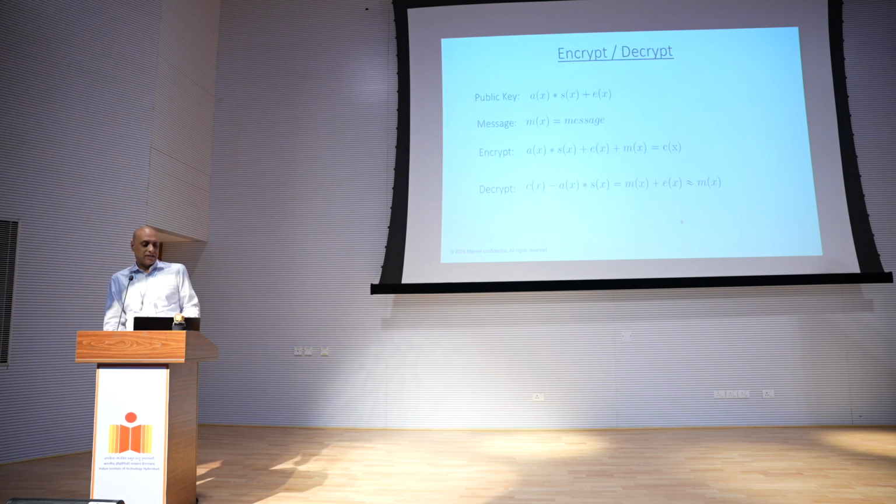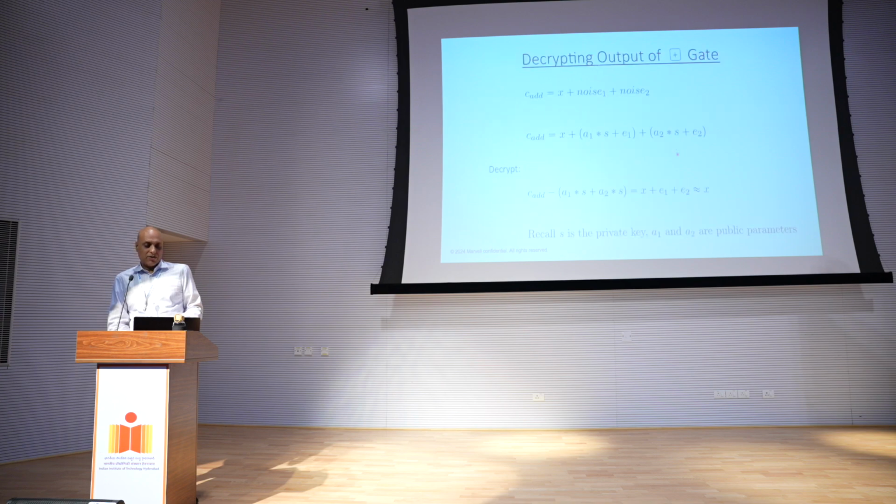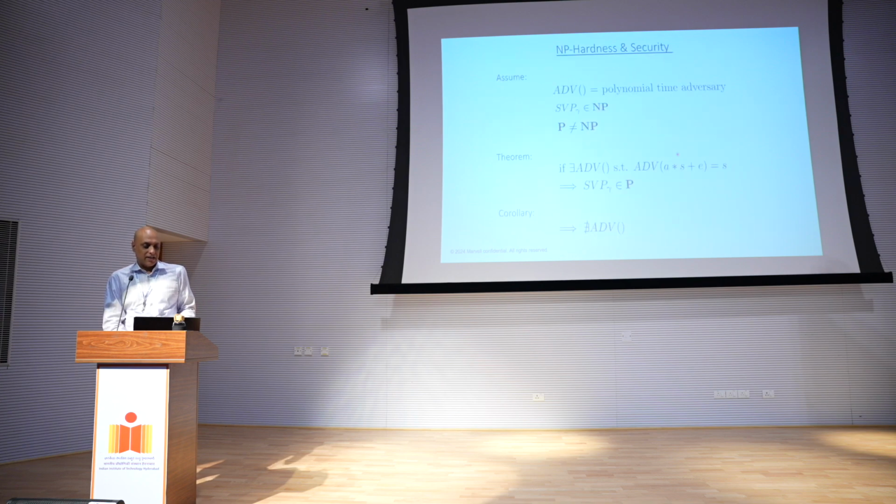It's this secret mask over here with the error plus the message, which gives you the ciphertext. Now, the security guarantee that you get from this is we assume there's some PPT adversary, a polynomial time adversary with random coins. We assume there's some hard problem in NP, SVP gamma. Actually, this is not just in NP, it could be in quantum Merlin Arthur as well, because the scheme is quantum secure.